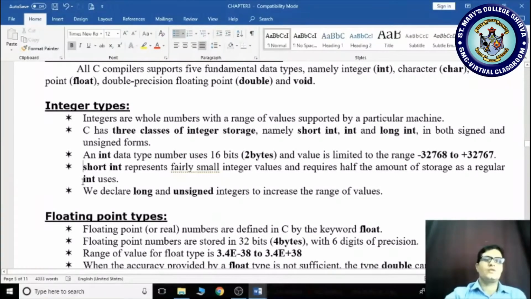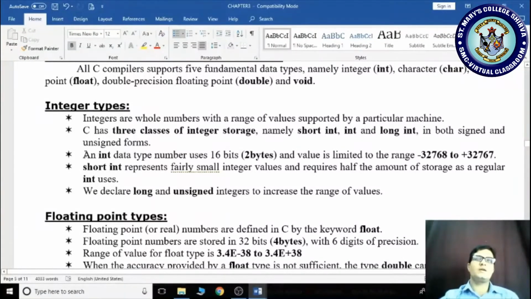If you are using the short int data type, it uses half of the memory and half of the range. If you declare long and unsigned integers, you can increase the range of your integer values. This is your integer type.